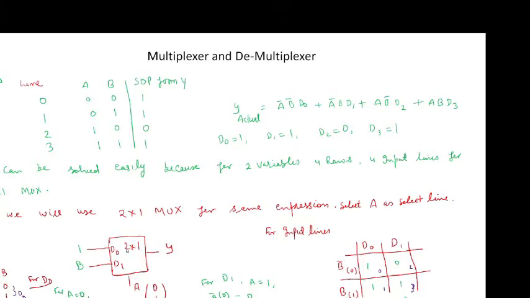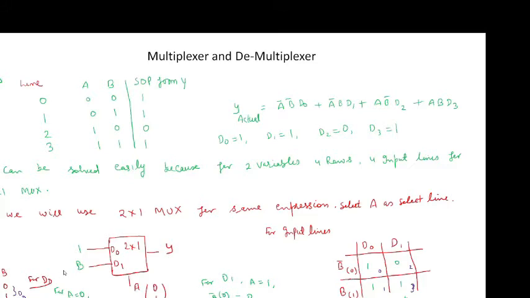Now for a 2 by 1 multiplexer, you know that there has to be 2 input lines and 1 output. If there are 2 input lines, then there will be 1 select line. So if A is the select line, there will be 2 rows, those will be 0 and 1. Now as it is a 2 by 1 multiplexer, there will be 2 input lines D0 and D1. Now how can we select the values of D0 and D1?